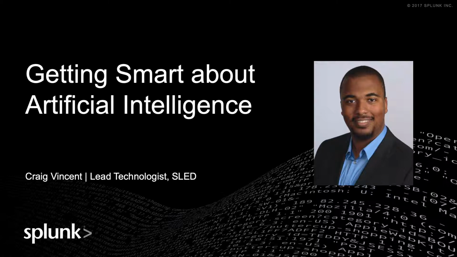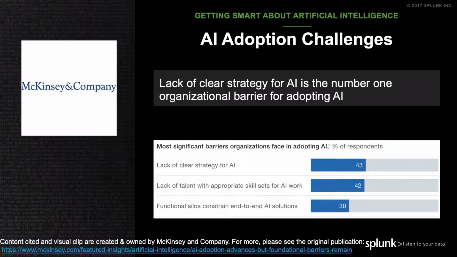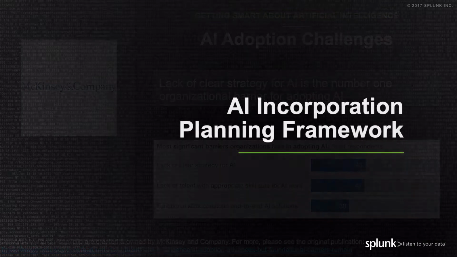Now, since I started this series, I've heard from many viewers that are looking for tips on how to get started with AI, and want to hear about a strategy to incorporate AI into their operations. As it turns out, this is a really common question. According to a report from McKinsey & Company, lack of a clear AI strategy is the #1 barrier to AI adoption. So to close out this series, I thought we'd end by providing a framework for how to incorporate artificial